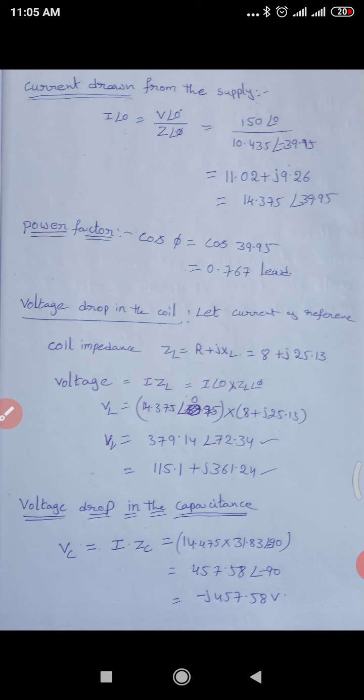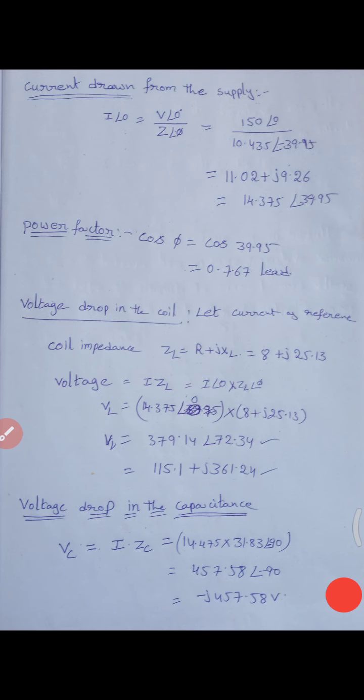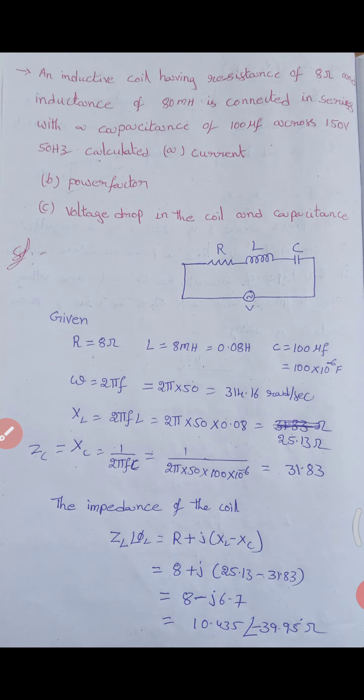That means voltage across resistor VR is equal to I into R, and voltage across the inductor is VL equal to I into XL. But here he asked about the voltage across the coil. That means it is the combination of resistor and inductor. So the resistance value is 8 and for the inductance we already calculated XL as